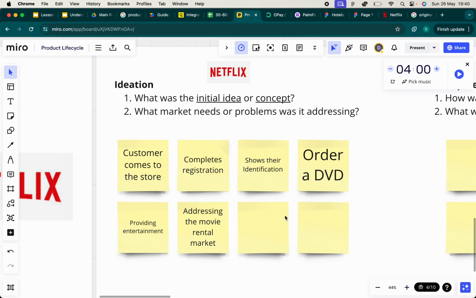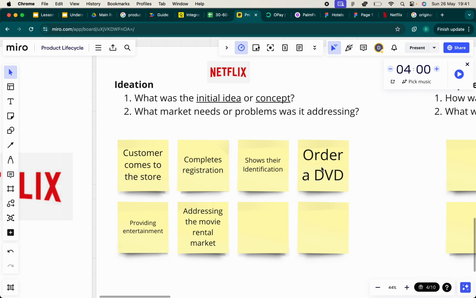Okay, so we've got here that they were trying to provide entertainment and also help those who couldn't watch movies to again watch movies in their own homes. So effectively, that's two things. Number one, we know what the original idea was, just a DVD rental business.